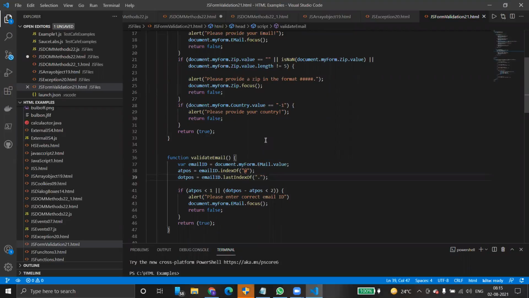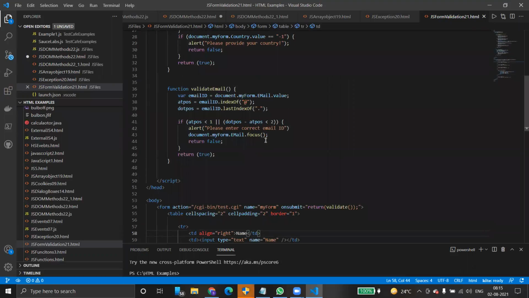To traverse inside the document, we use a dot symbol: document dot the element. I mean, if it's an immediate parent, it might be a form or it might be a window, whatever it is, dot the name of the element and dot value. To fetch a value, we use dot value. Dot value means, if it is an input field, whatever value we are entering in the input field, that is nothing but a value.